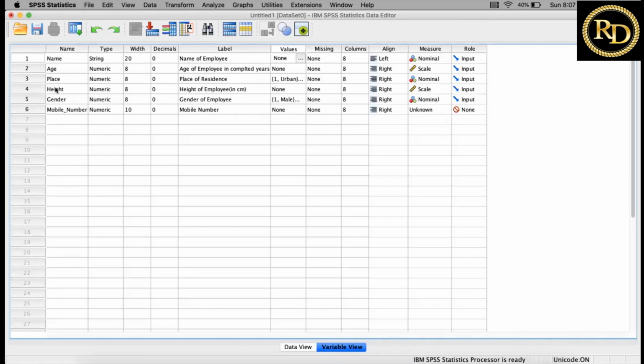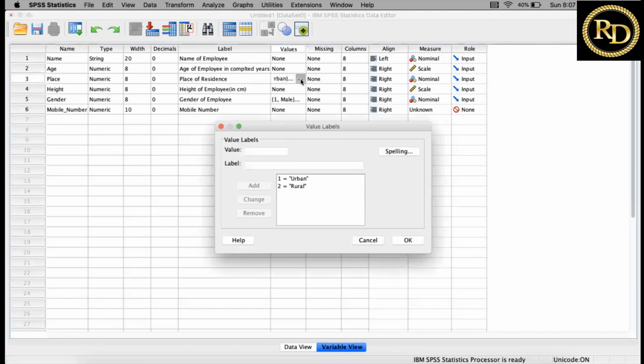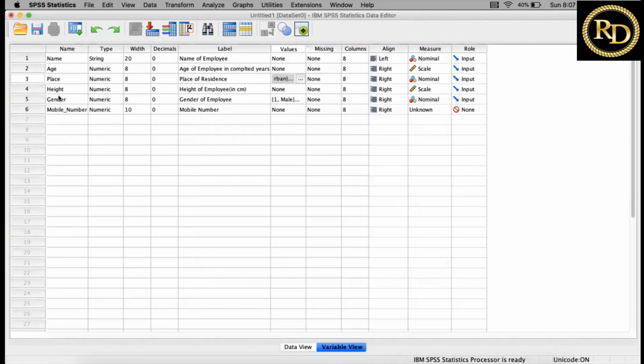Since this is a categorical variable, one stands for urban and two stands for rural. You can give anything, also 0 and 1, or 2 or 3, any numbers. Here I have given 1 for urban and 2 for rural. Same for the height, gender and mobile number.